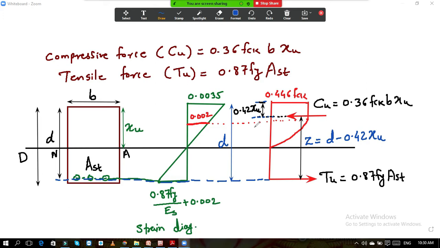Still, I will explain this concept of effective depth once again so that you will not get confused. I will not repeat this concept again in the next chapters, because in the whole subject we require this concept of effective depth. So what is the effective depth? Now suppose a structure is there. This is the cross section of the structure.